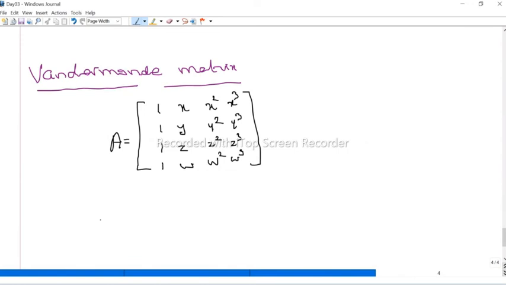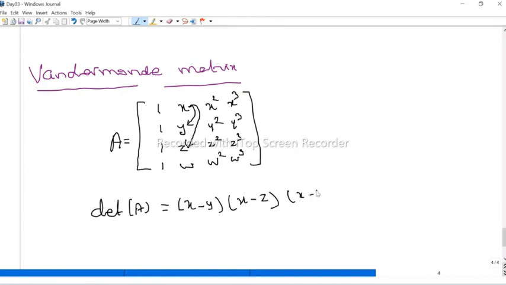So what is the determinant of this matrix? If you simplify, you can apply the rules, subtract and simplify this matrix to row reduced echelon form, and finally you get something. So directly I can write the determinant: we subtract, x minus y, and then x minus z, and then x minus w. You fix x and subtract each term. Once you did the first one, come to the second variable: y minus z, and then y minus w. Now with y done, we come to the last one, z minus w. That's it.